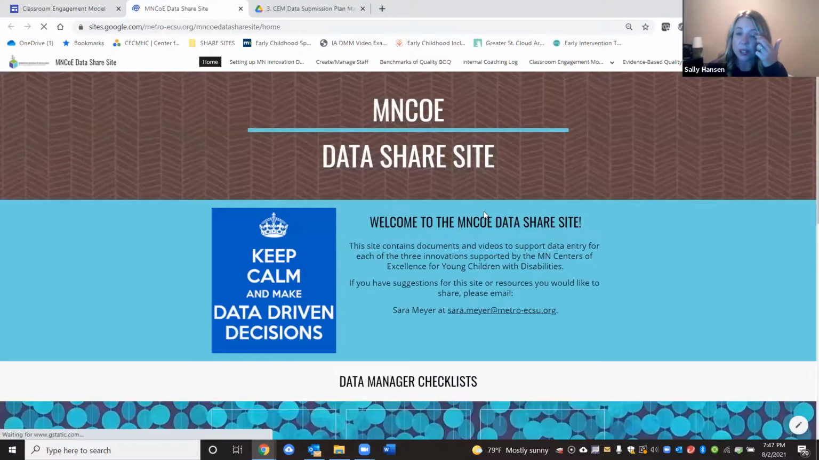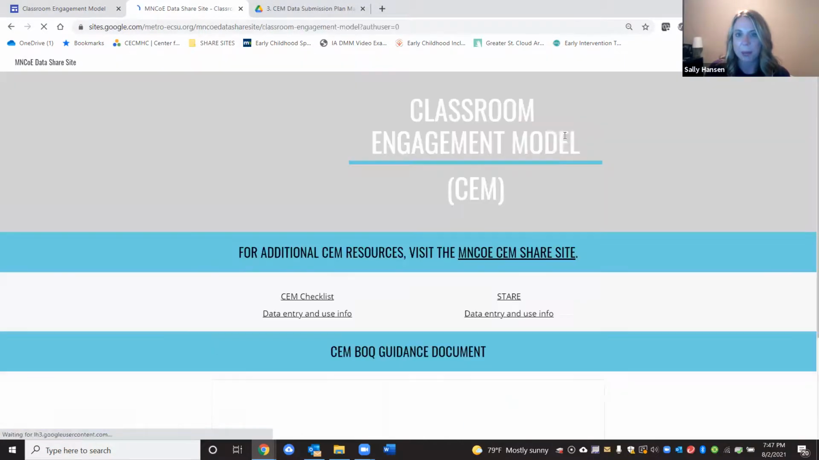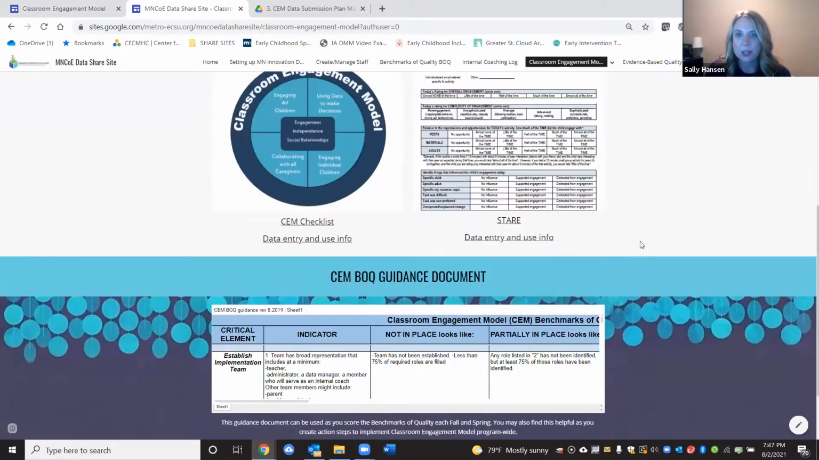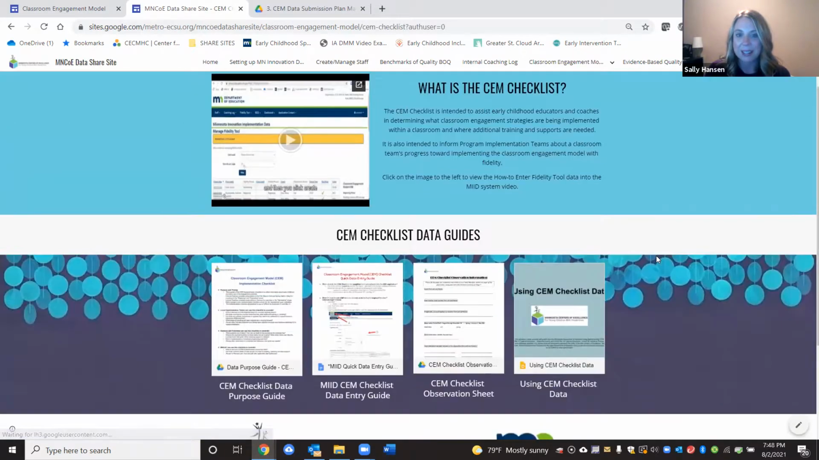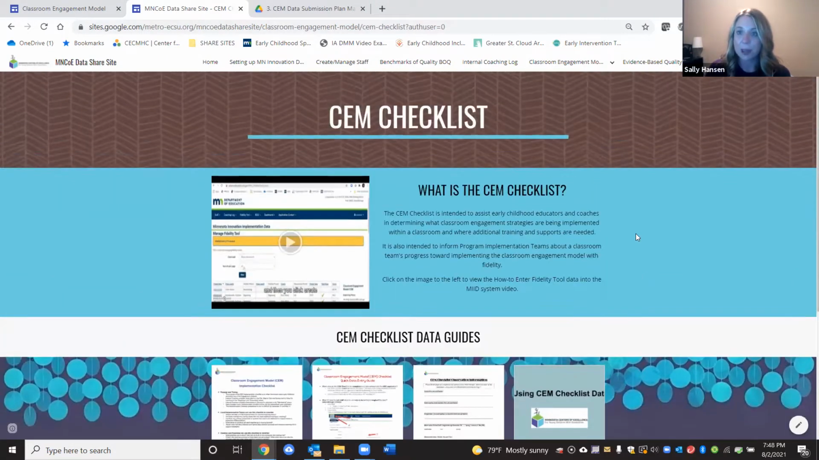Finally, if you're a data manager or an administrator that's interested in learning more about data in general, you can go to the MNCoE data share site and you can click on the classroom engagement model page. There's information about the different tools here. There's also some supportive webinars on how to enter the data into MIID, what the purpose of the data is, and what those questions are that you can use during your look, think, act process for analyzing the data that you have available. So that's our overview for data,